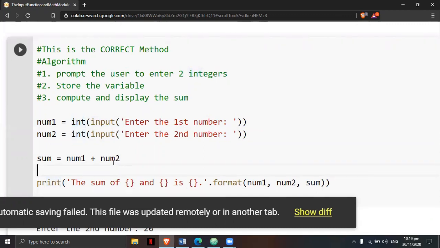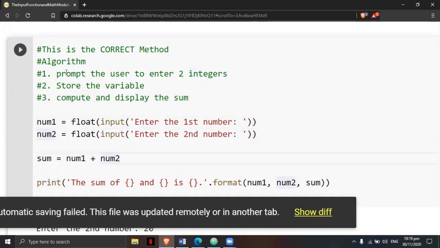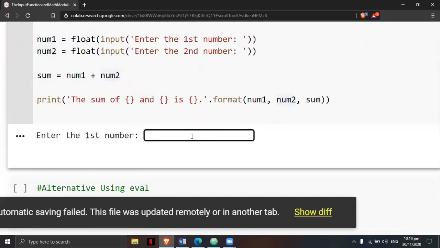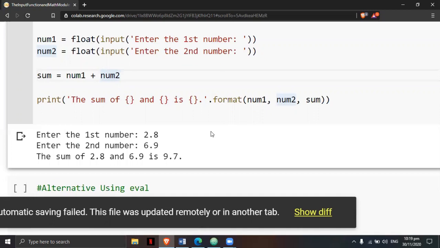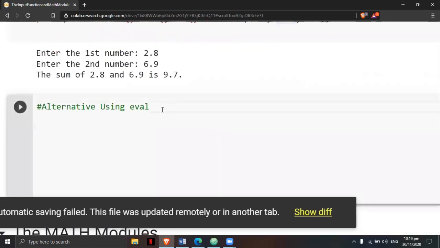How about if you are going to input a floating number? For a floating number, you can say float. If you run this one, you can enter a floating number, for example 2.8 is a floating number, plus 6.9, also a floating number. Press enter, and the result will be a floating number. That's how it works. Float, integer, and here is the alternative